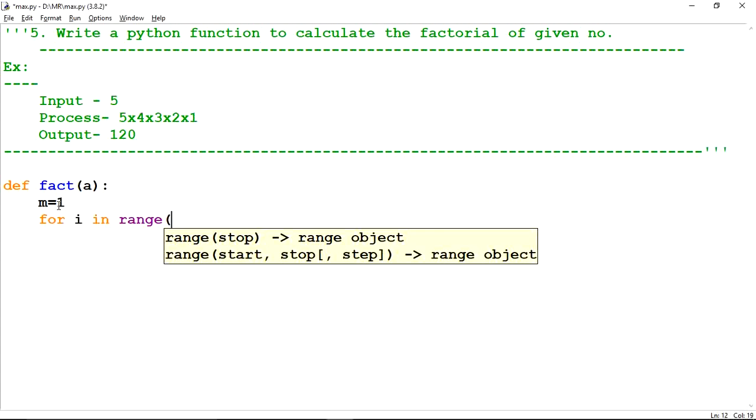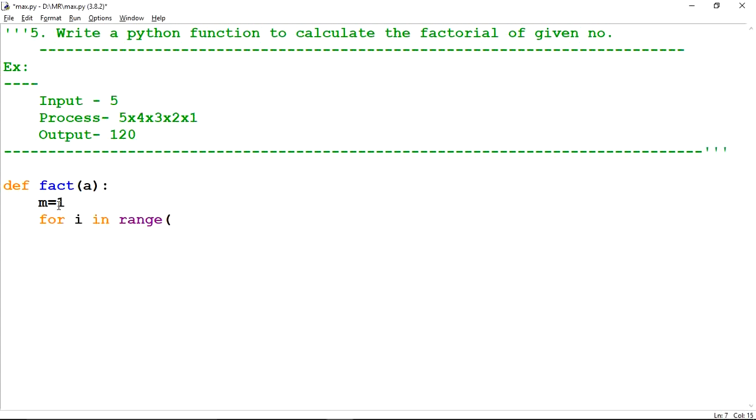I will take all these values in decreasing order, like 5, 4, 3, 2, 1 if the user stores 5. So the value is coming into a, it will start from a, go till 1 and decrease by 1. In the loop block it will calculate the factorial. M is equal to M into I, and at the last it will return the value of M.